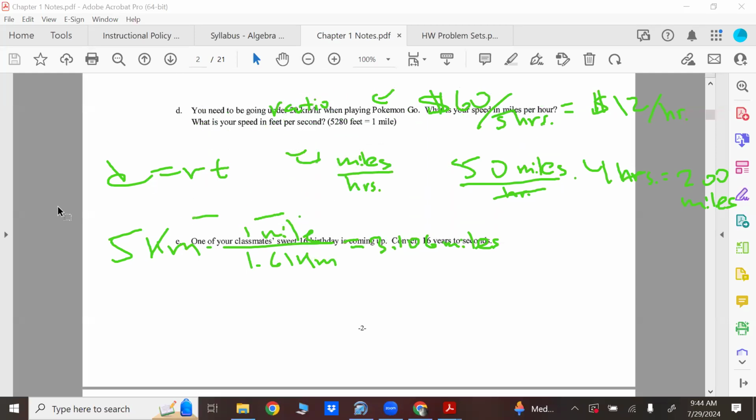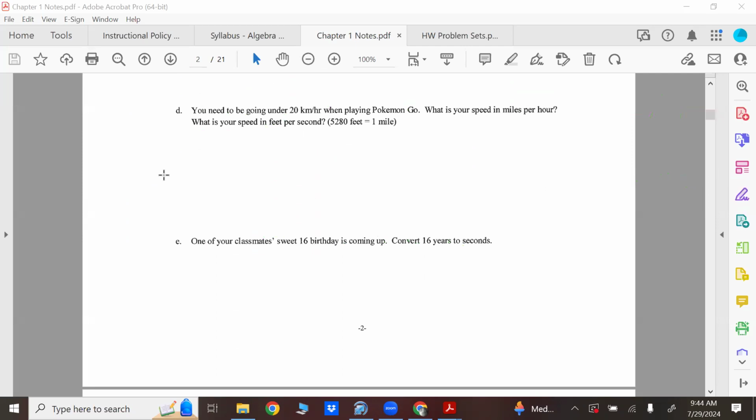Now you need to be going under 20 kilometers per hour. What is that speed in miles per hour? What's that speed in feet per second? That actually is a good thing to know. Because let's say you're in another country and you rent a car and you're